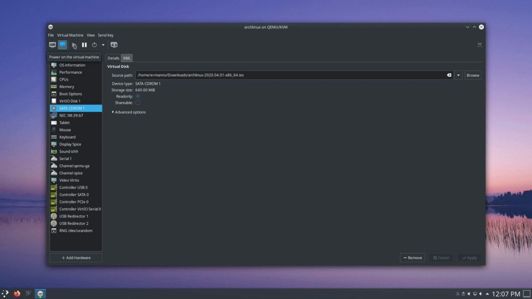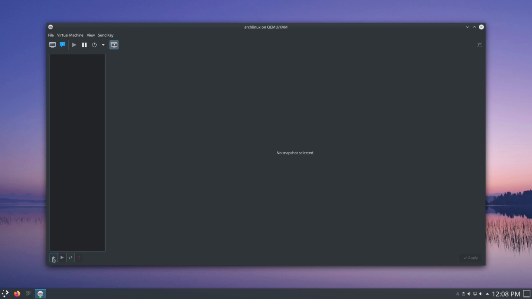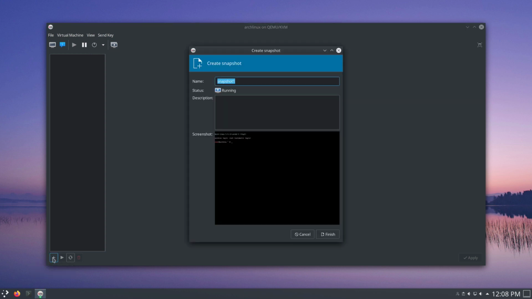The gray icon here means the machine is running, and you can see also from here, we can pause the virtual machine, or we can also shut it down from here, or by clicking the arrow here, we can also reboot it, force reset, force off, or also we can save the state of the machine. And then we have the last option here, which is the snapshot capabilities of the virtual machine. So if we click on this button here, and we click on plus, we can basically make a snapshot of our machine here. And we can switch back and forth with snapshots when we take them. So this is a very nice and handy feature.